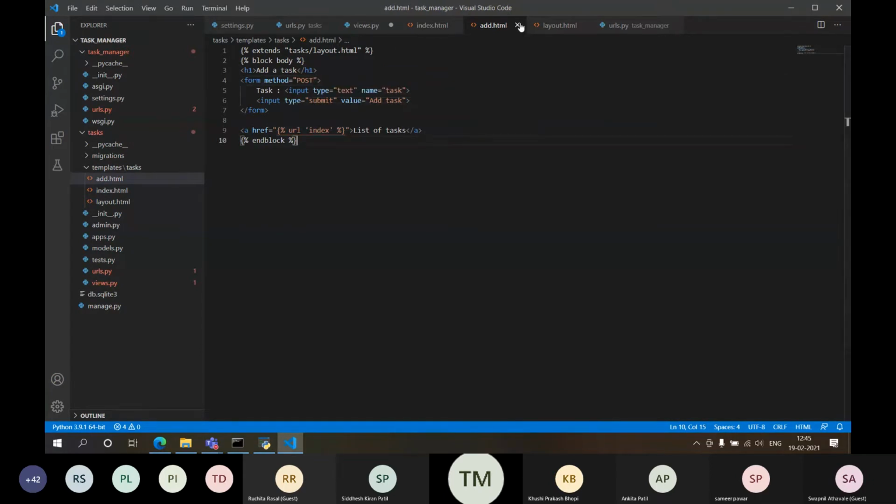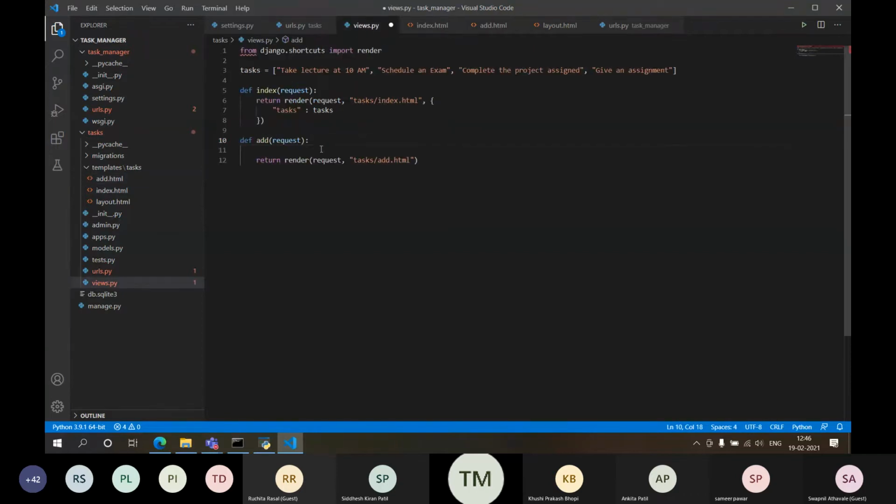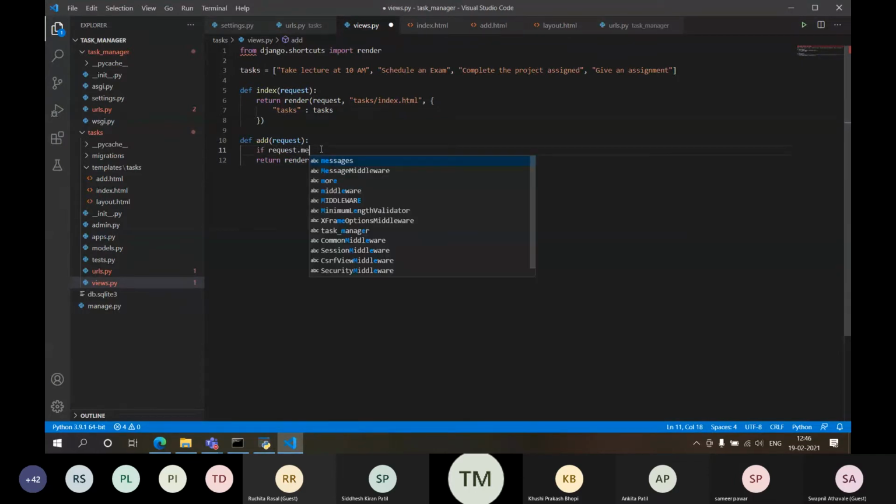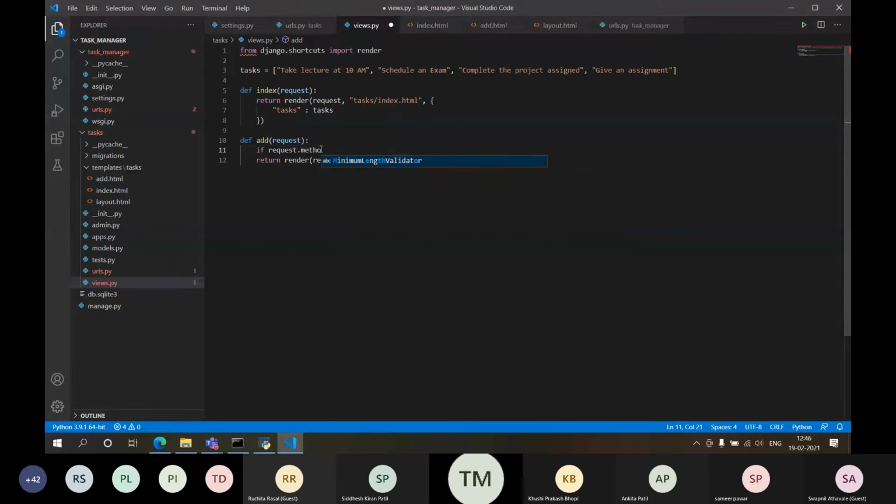And then I can anytime come to this views.py and I can write it like this. If request dot method is equal to post, then I need to get the form data.